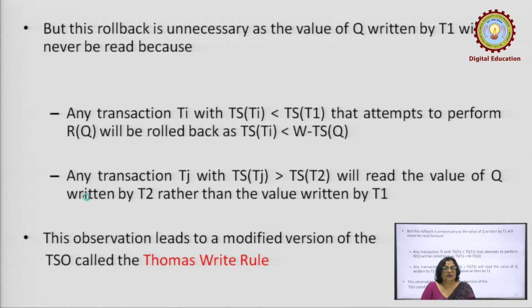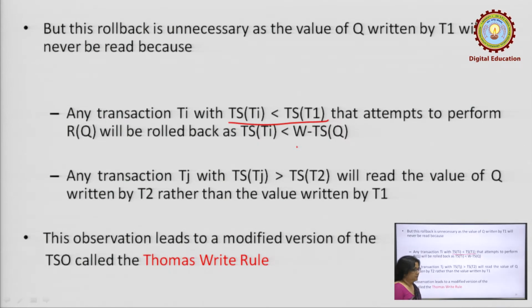Why? Because any transaction Ti, let us say older than the transaction T1, with timestamp TS of Ti less than TS of T1, that attempts to perform a read Q will be rolled back. Why? Because the timestamp of Ti, any transaction before T1, will be older than the write timestamp of Q. So, it will be rolled back as per the